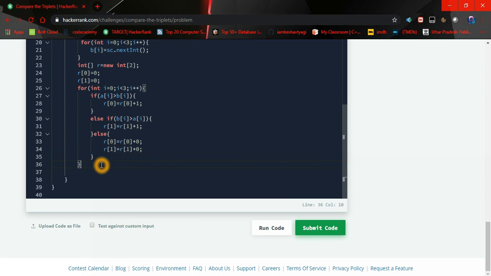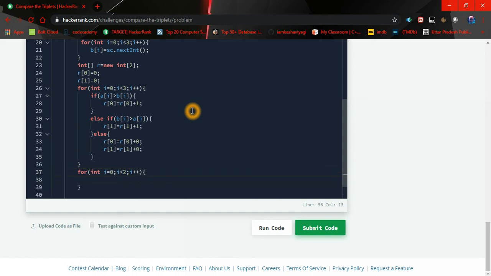Now this for loop is completed. Just simply I have to return or print the output on the console. So for that, let's write a for loop for int i equals 0, i less than 2, i plus plus, because our result array is of size 2.